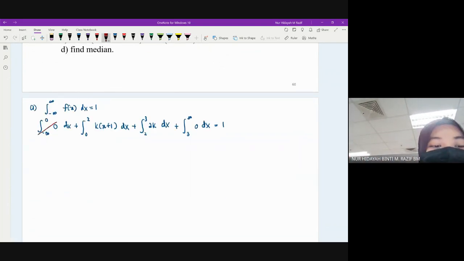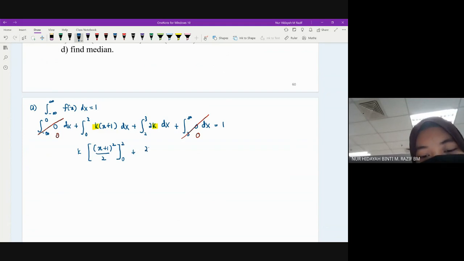So we know this one is 0, this one is also 0. So kita boleh integrate yang dalam ni sahaja. K is just a constant. Okay, tolong take note, K is a constant. I'm going to take K outside. So K didarabkan dengan, I'm going to have X plus 1 square over 2. Okay, yang mana limitnya now adalah 0 sehingga 2. Ditambahkan dengan 2K. Okay, kat dalam saya akan ada integrate 1 dapat X daripada 2 sehingga 3